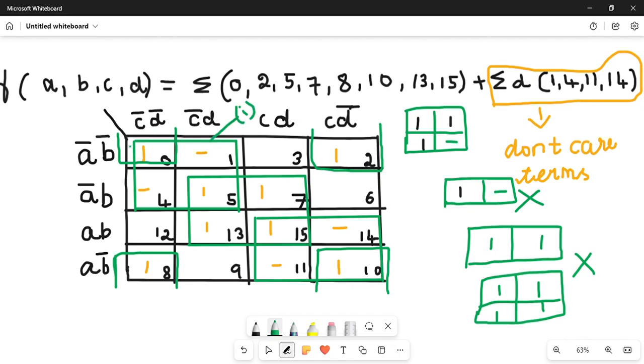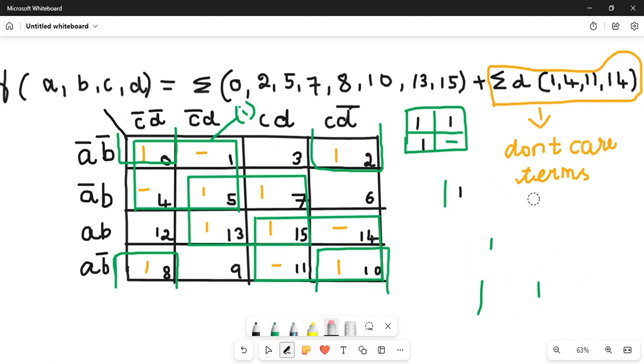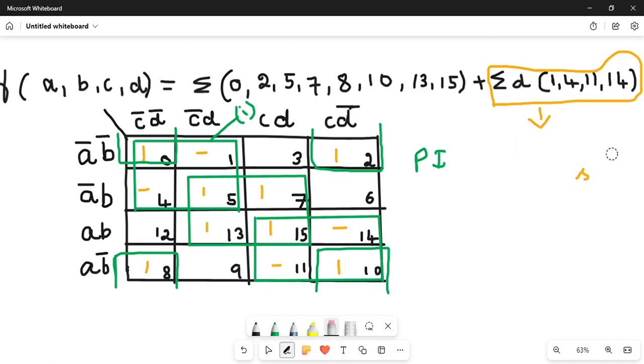Yeah. So that group number 1. So what is that group number 1? So my group number 1 will become equal to... you are not just doing this simply, you are also finding the prime implicant as well as the essential prime implicant, right? So if I write my PI now, what's my PI? My prime implicant for group number 1 will be equal to